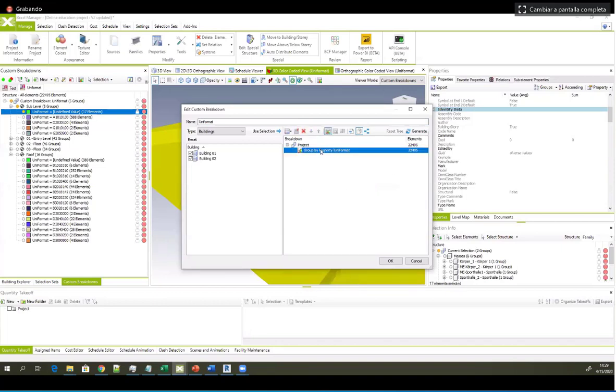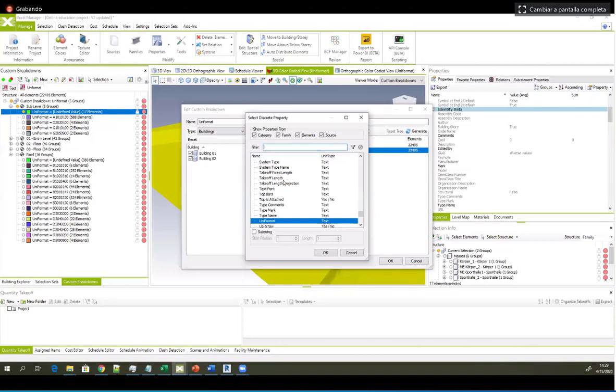So we're going to segregate all uniformat elements, but not just by the codes. We want to segregate them according to the real uniformat structure. So in this case, I'm going to edit this segregation. And instead of using the full uniformat code, we can use the substring option. So we can use the same property several times for different ways of segregation. I'm going to use only the first letter of the uniformat code for the first level of